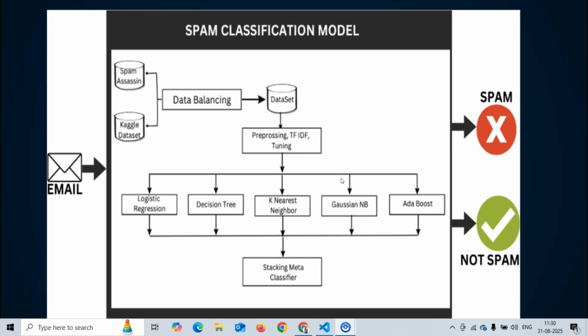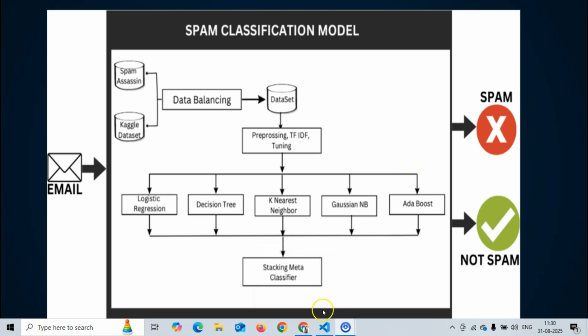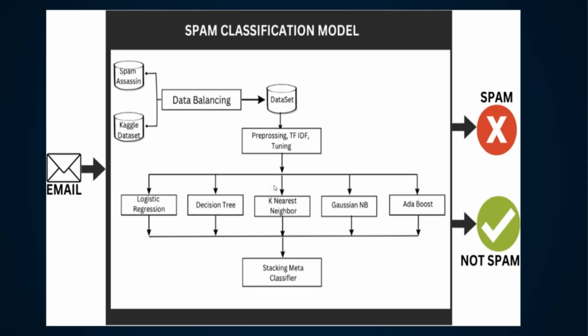Now, what are we going to do? The first thing is we need a data set. If you don't have a data set, you can go to Kaggle. If you don't know it, let me tell you: open Google and search for Kaggle, which is basically a machine learning site that contains lots of data sets and lots of models. If you're confused about what you're supposed to do for some models, you can go to that site and search.